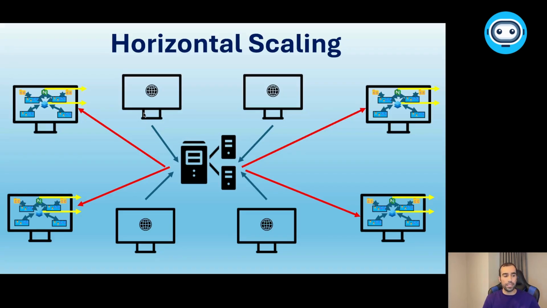The load balancer receives the request and sends it to the proper web server or worker or replica, and then the request is handled in that web server and a response is generated. This is called horizontal scaling.